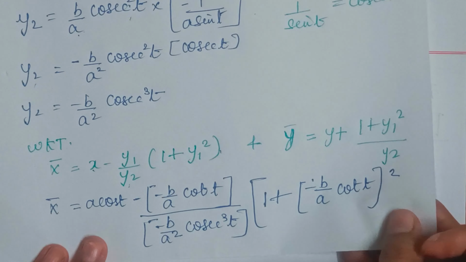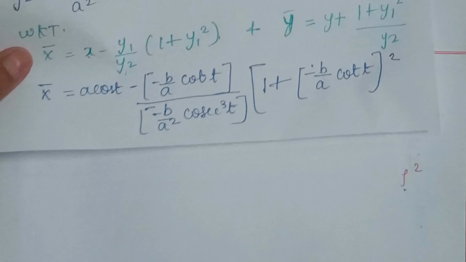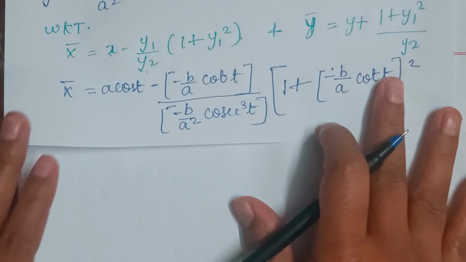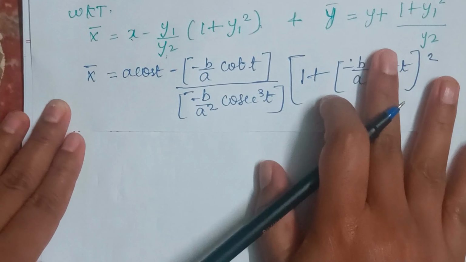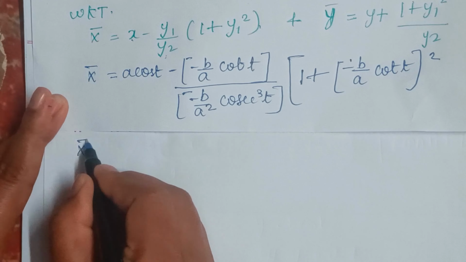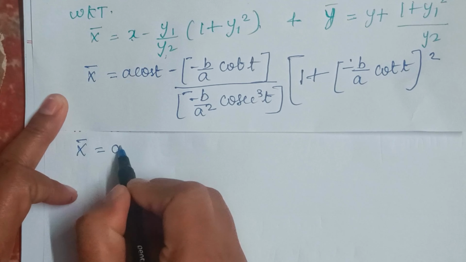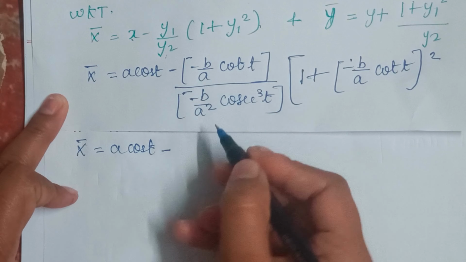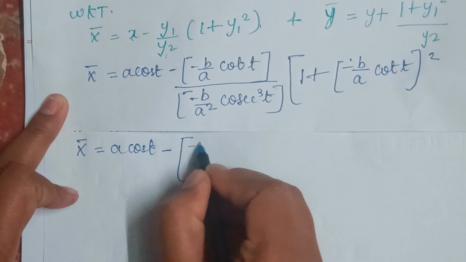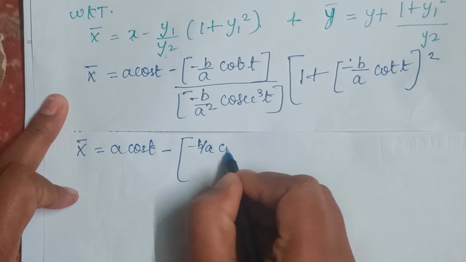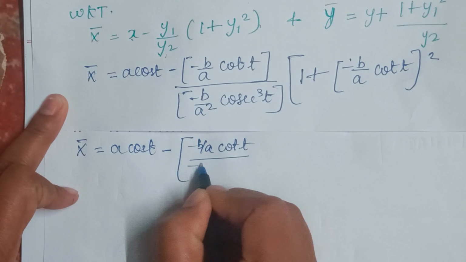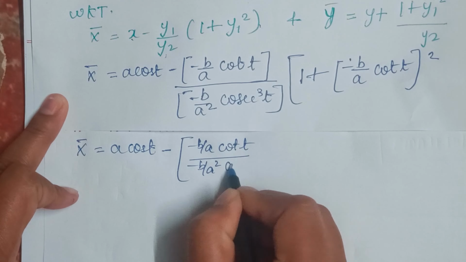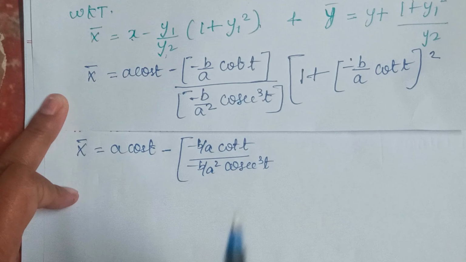I'll take the next page for the continuation of this problem. So now x bar is equals to a cos t minus, I'll write this b by a as it is only, minus b by a cot t divided by minus b by a square cosecant cube t, okay,